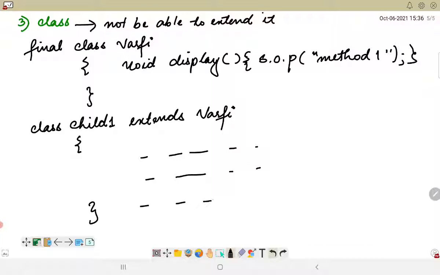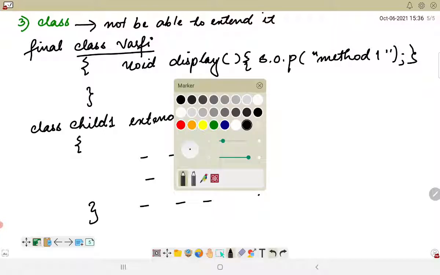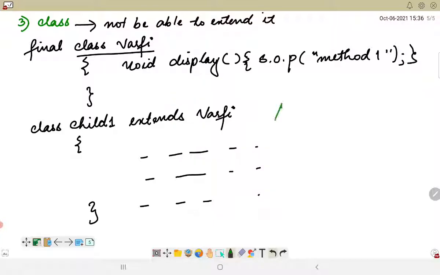This will not be possible because it will not allow us to inherit the properties of the Varphi class. So here also I will get a compile time error. I will not be allowed to inherit it.